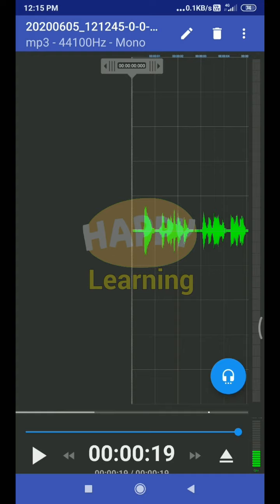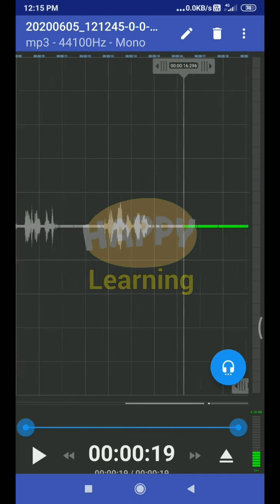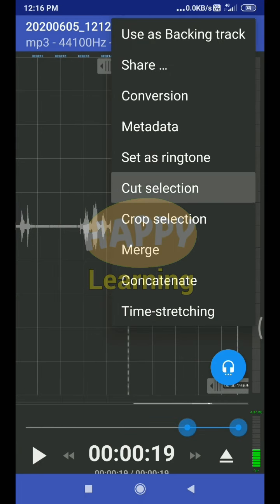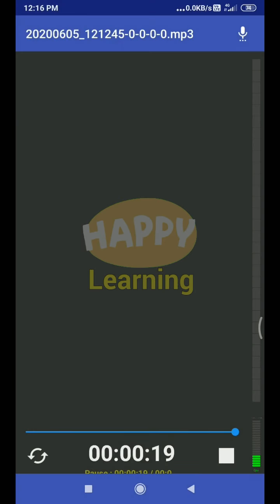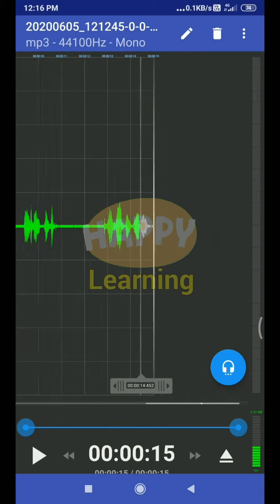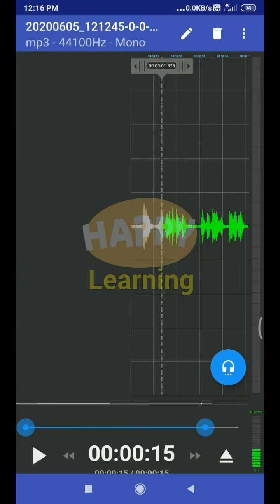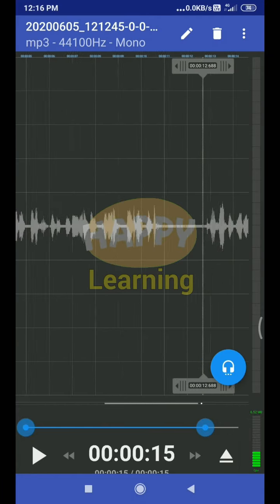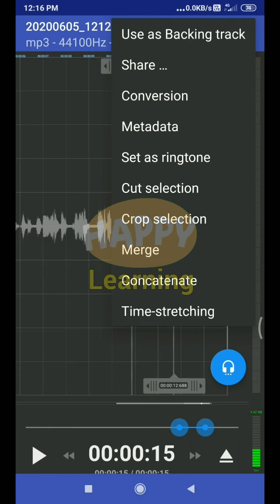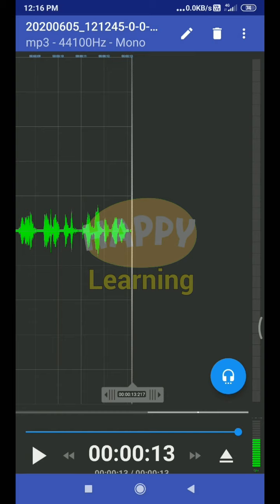Now using the sliders, here it is. So here it is, that unnecessary silent part, delay part I want to remove. So cut selection. Okay. So in this wave itself, we can identify wherever the time gap is more than the requirement. So using these sliders, by adjusting the sliders positions, and that part can be cut as a selection. So like that